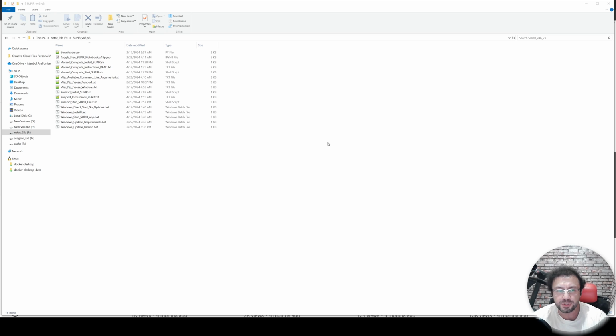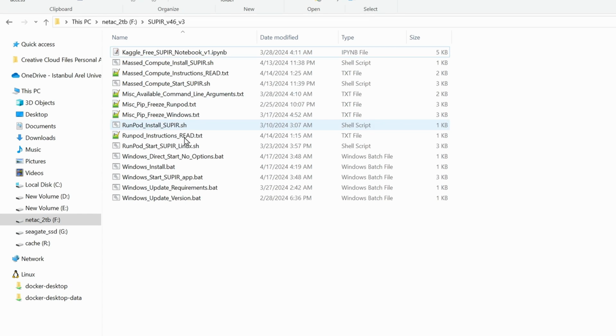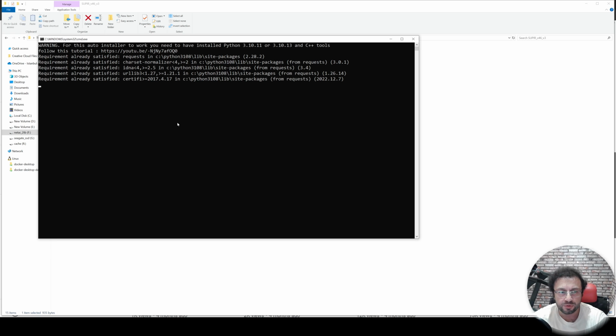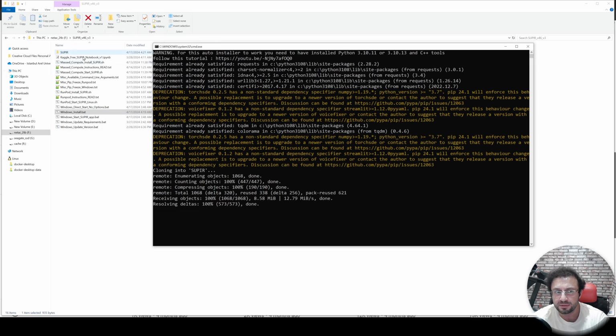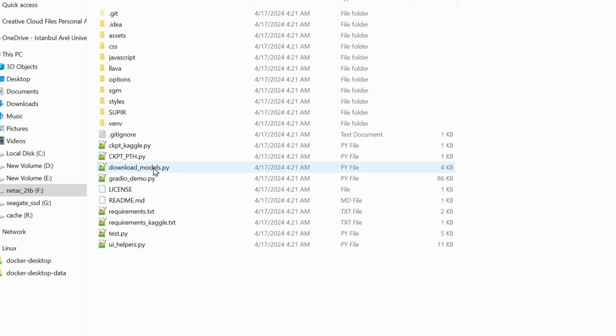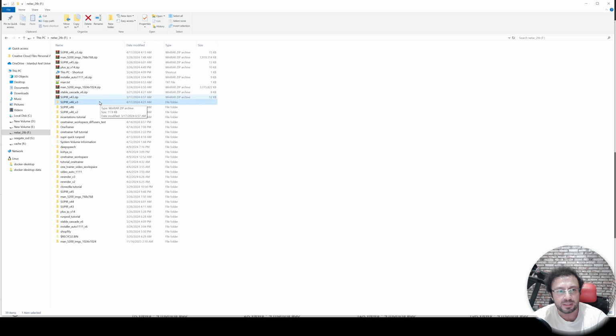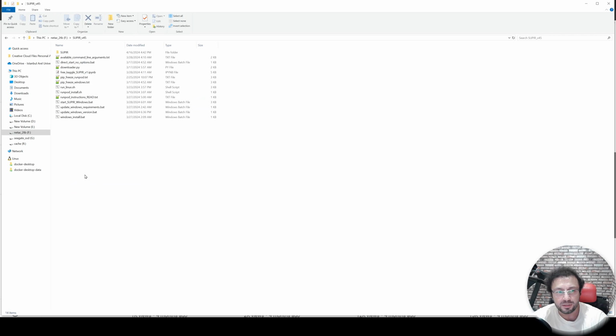Okay, the third option is moving your existing model files. To do that, I will first delete the downloader.py file, then I will start the Windows install as usual, then wait until the super folder appears here. Inside here, delete this download models.py file. Then what you need to do is move your existing model files into there.